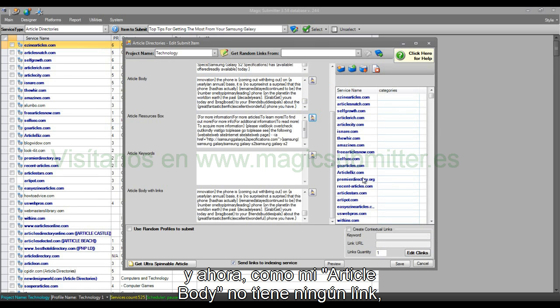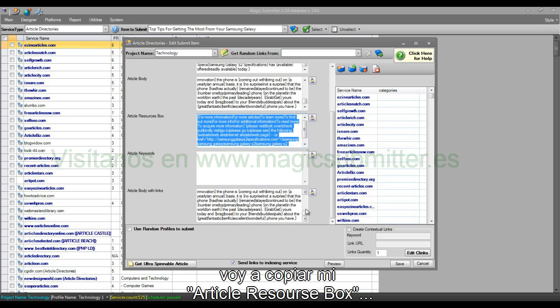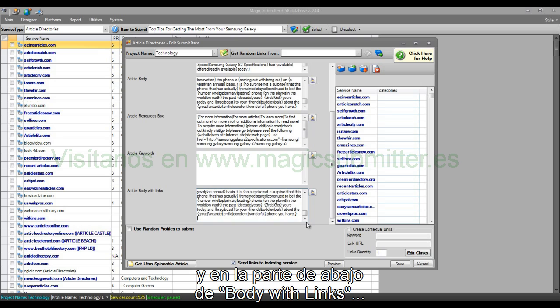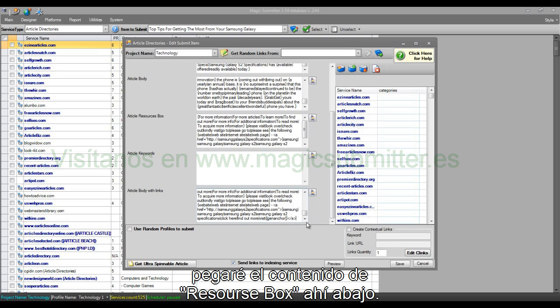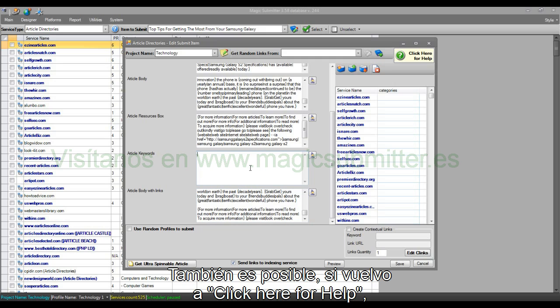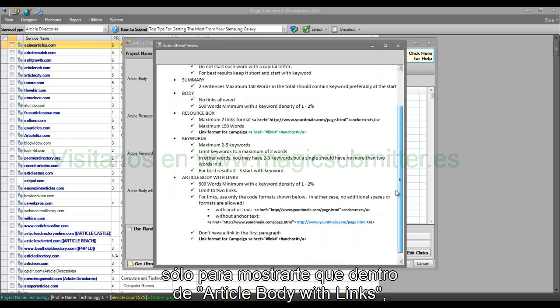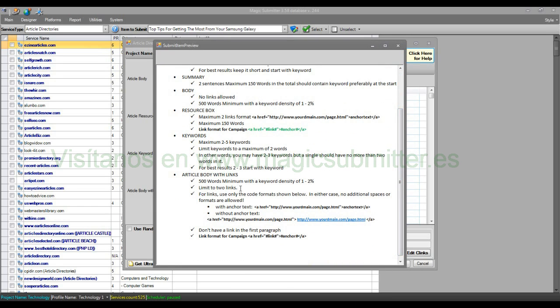And now my article body doesn't currently have any links in it. So what I'm going to do is I'm going to copy my article resource box. I'm going to go down to the bottom of my body with links. And I'm just going to drop that resource box onto the bottom there. So that now my body with links does actually have a link in it. It is possible as well, if I go back into this click here for help, just to show you that within the article body with links, you can put 2 links in there. Okay, for this demonstration, I'm just going to leave it at 1,